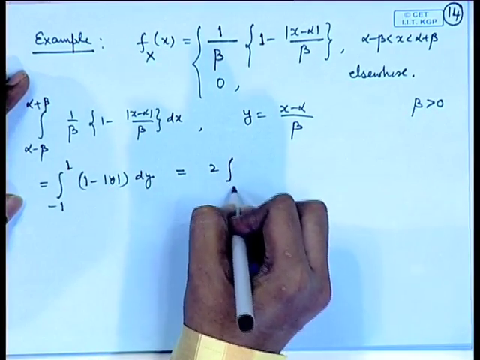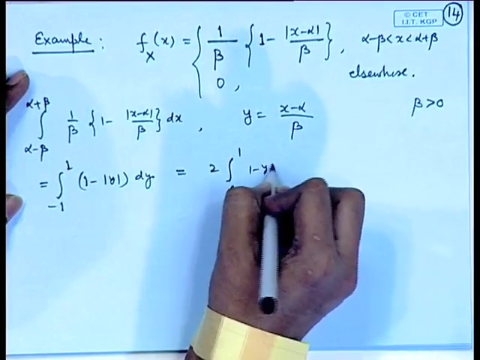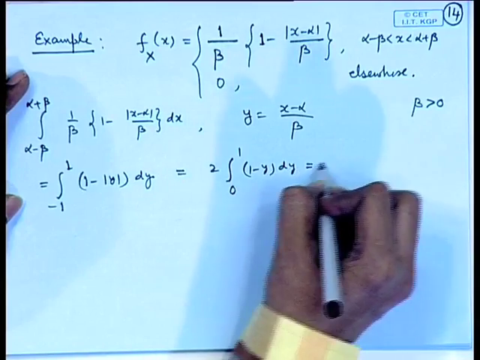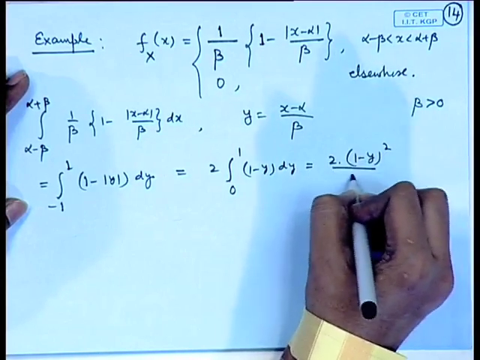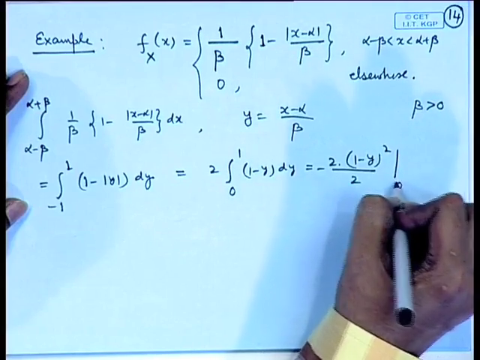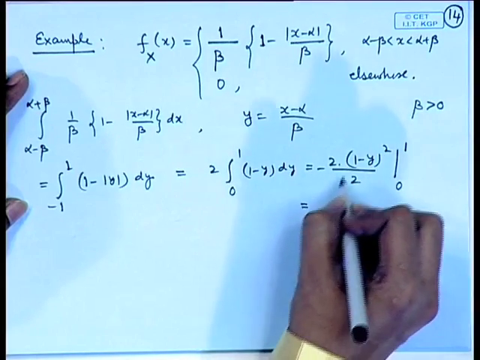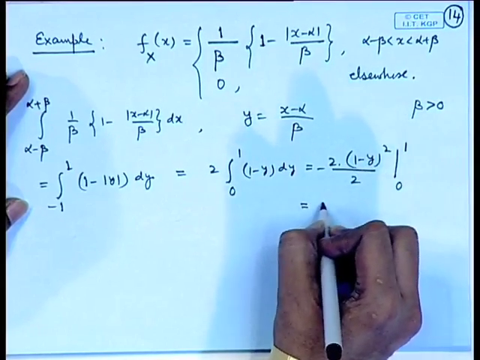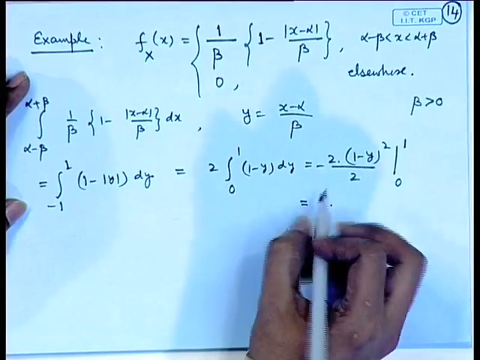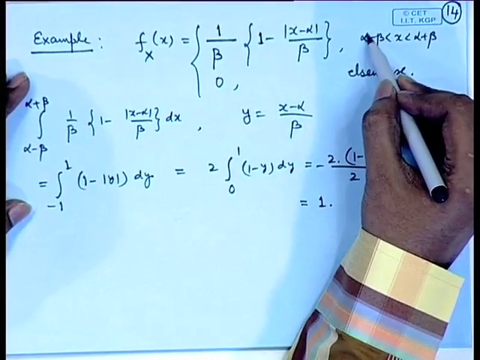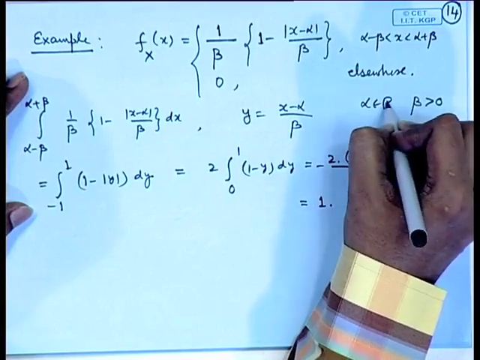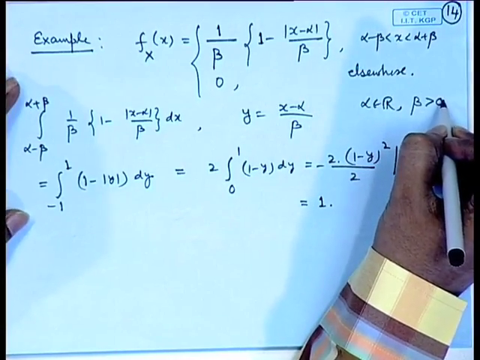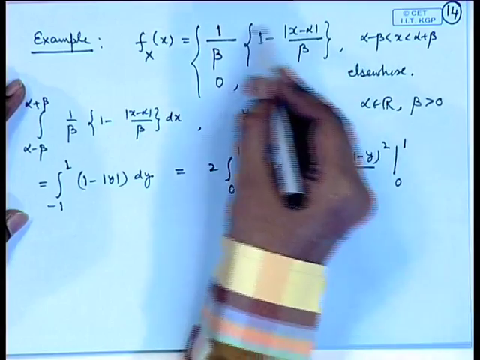So, it becomes twice the integral 0 to 1 of 1 minus y dy, which is equal to twice 1 minus y whole square by 2 from 0 to 1, and this is simply equal to 1. Therefore, there is no restriction on the range of alpha. Alpha can be any real number and beta should be a positive real number in order that this is a valid